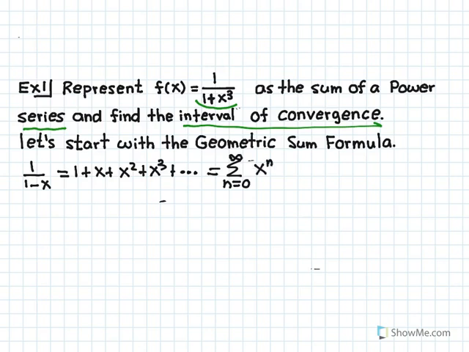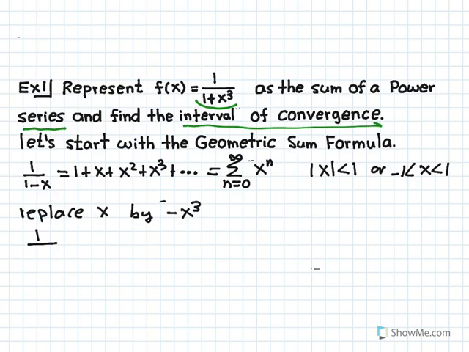And the interval of convergence is absolute value of x less than 1, or x less than 1, larger than negative 1. Now let's replace x by negative x cubed. So replace x by minus x cubed. So we get 1 over 1 minus x cubed. Sorry, we get 1 over 1 plus x cubed